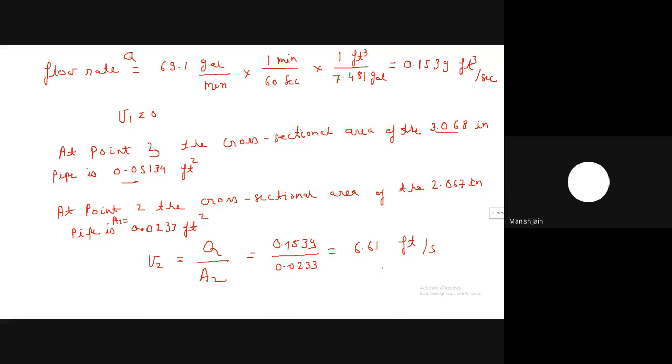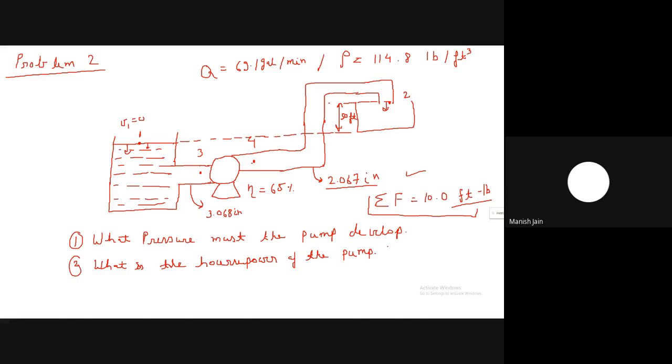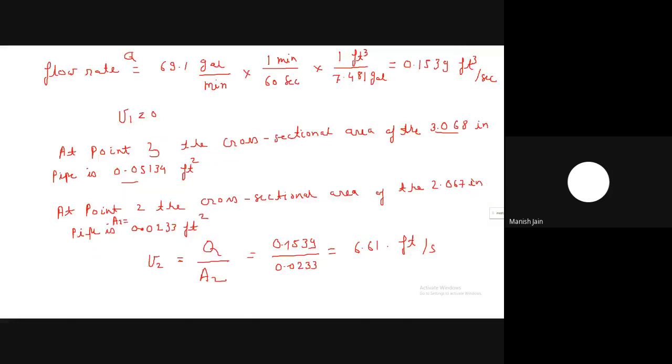This is the velocity of the fluid at point 2. At point 1 the velocity is 0. So now you can write the energy balance in this case. So what do we have to calculate? We have to calculate the work done by the pump. The work done by the pump can be calculated as